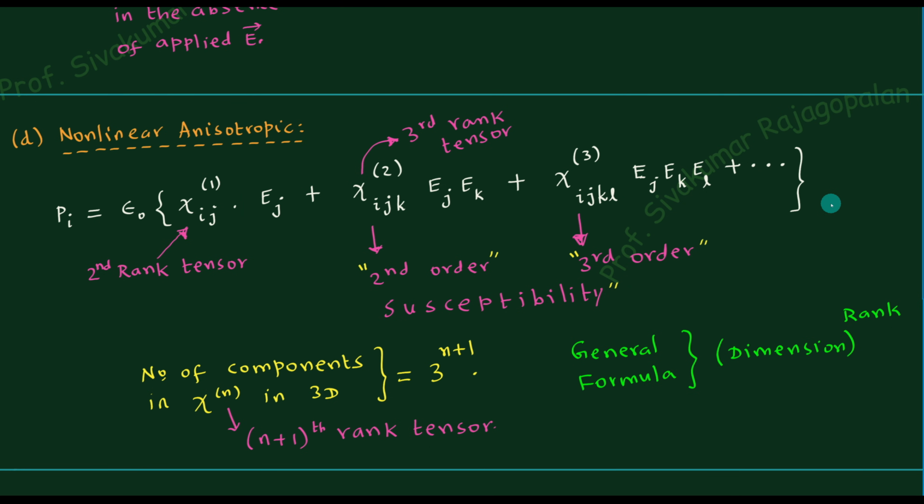So our conclusion in today's class is that the important concept of polarization itself is not a simple concept, because higher order terms come into the picture. The conclusion is that a new study emerges in the nonlinear anisotropic case and the nonlinear isotropic case. That particular new study is what we call nonlinear optics, for example. Either you can do research in nonlinear optics, or probably you can do research in solid state physics and material science, where you consider a particular ferroelectric crystal and then study it. Study means you apply various electric fields and then measure the electric polarization.